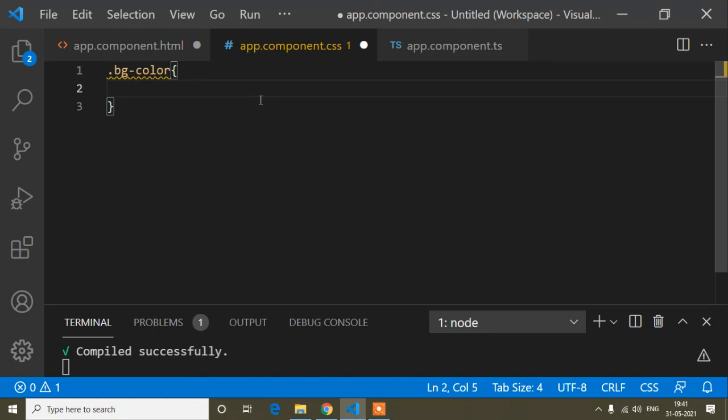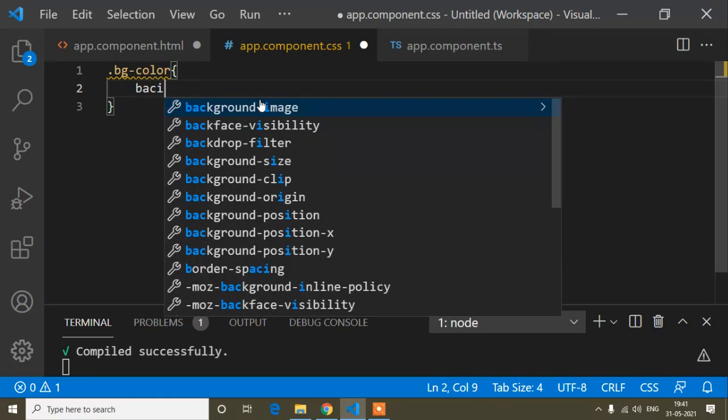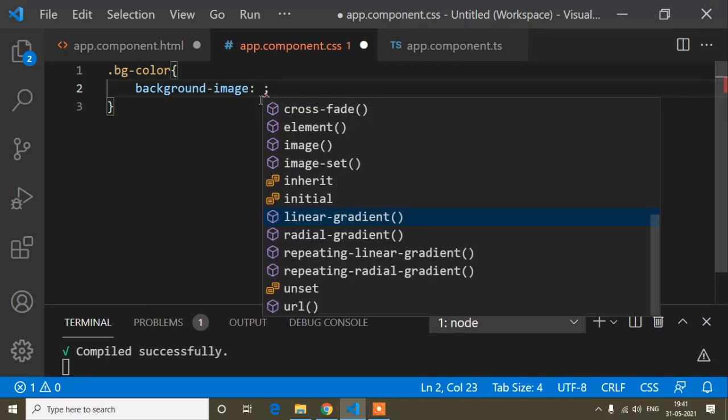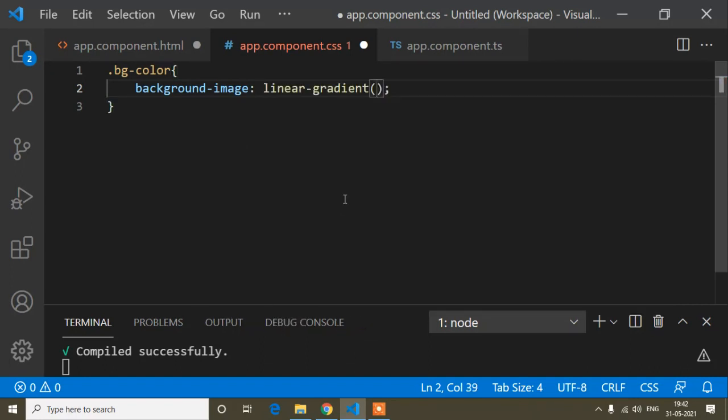Now guys, first of all here I will write background image. If you are thinking I will add background color, but I have added background image here. I want to clear one thing: when we want to add a linear gradient color, at that time we write background image. So the background image and the gradient color, that is linear gradient.